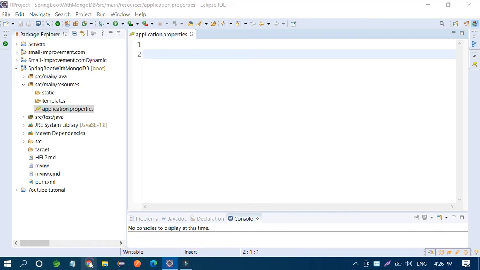You just go to Google and search how to configure MongoDB localhost in a Spring Boot. So I'm going to open Google. You need the localhost database, and the port number is required.